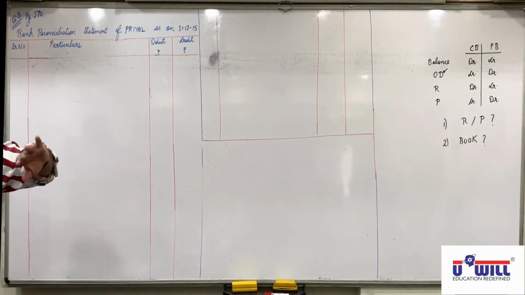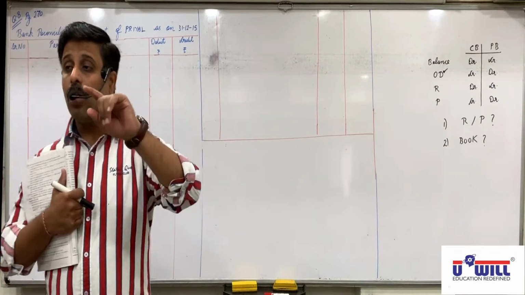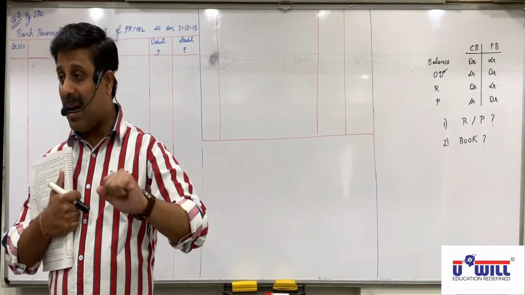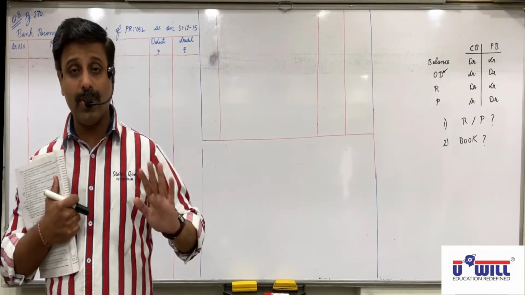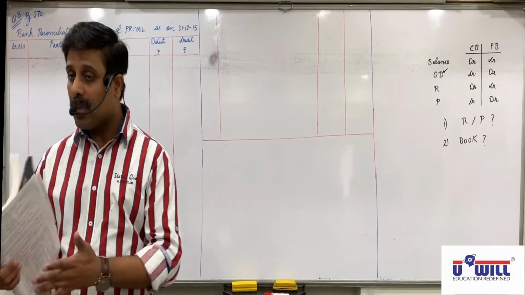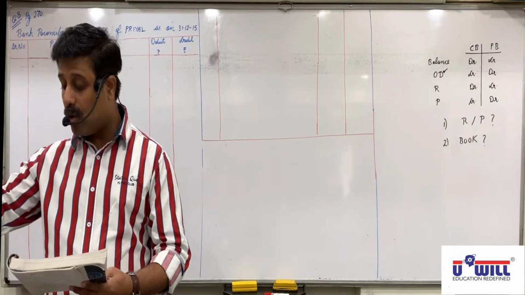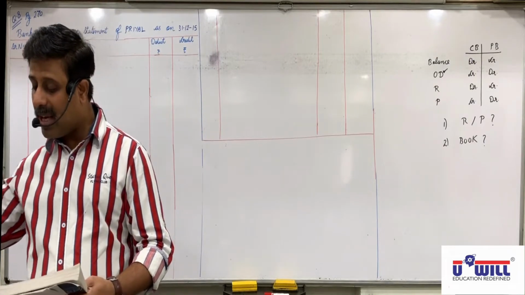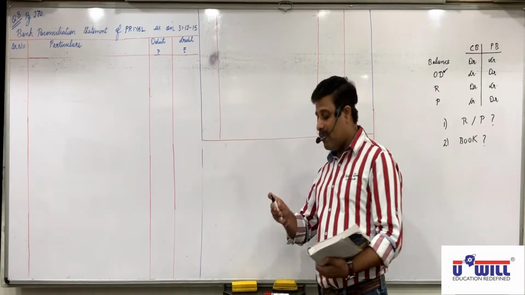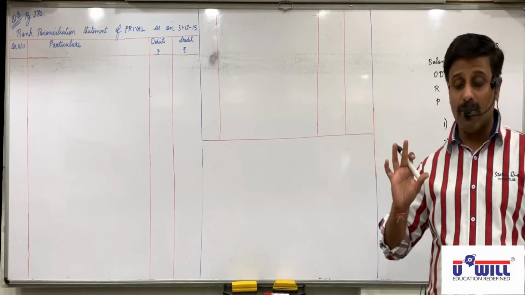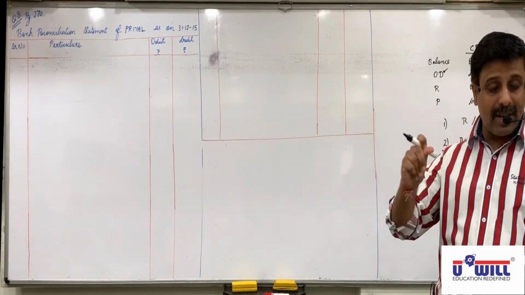Either you start with the closing balance of the cash book and end with the closing balance of the passbook, or you start with the closing balance of the passbook and end with the closing balance of the cash book. To confuse you, they have given two balances. So underline 1/12/15 and on the right side write: no effect since opening balance. We always have to start with the closing balance. So we'll start with 31/12/15, 710, bank overdraft as per cash book.